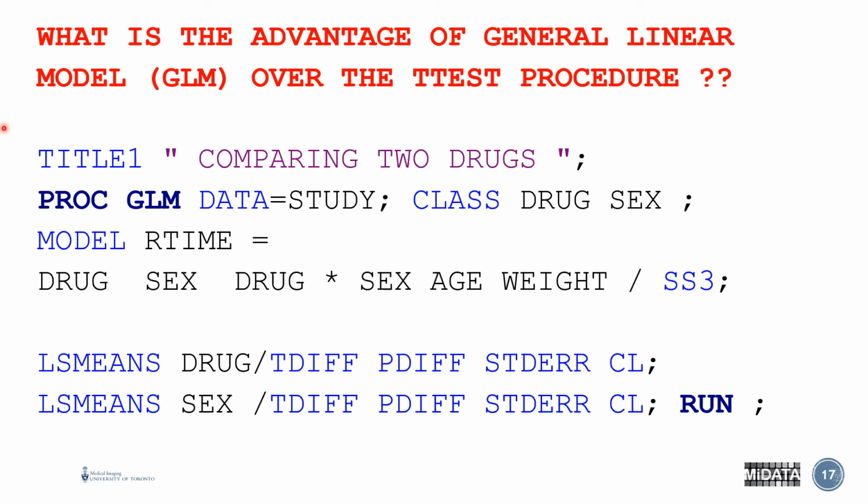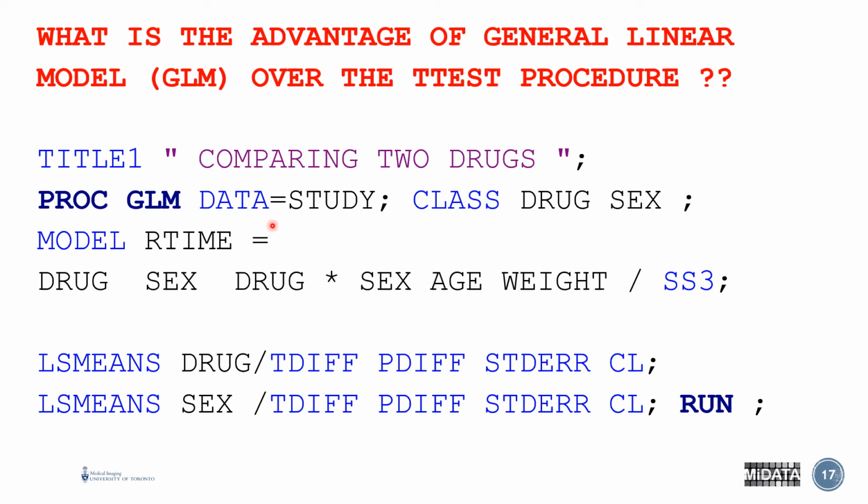In this case, it's comparing 2 drugs. So your reaction time when you're on one drug versus the reaction time when you're on another drug. And we also know that the reaction to the drug is different depending on your sex. And it's possible that your age and weight will also affect your reaction time when on that drug. So when using PROC GLM, you are able to include all of those variables in the model at the same time